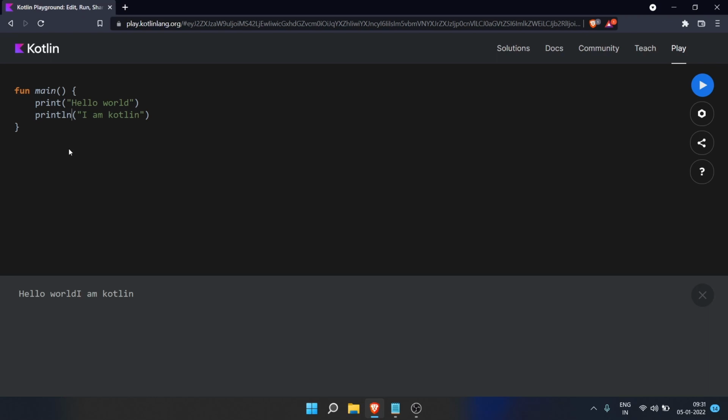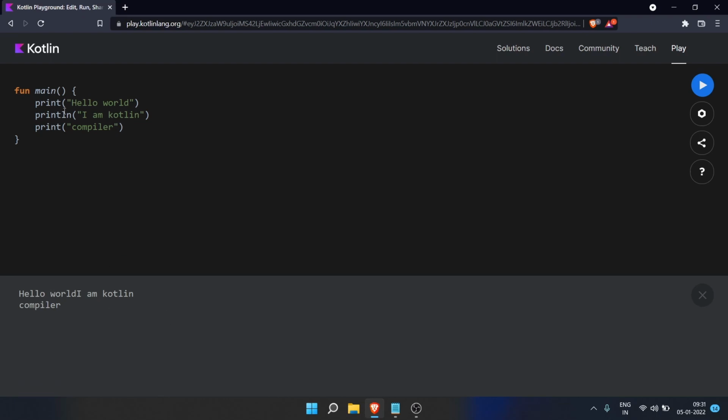So what is the problem? If I write a print statement again after this, I am Kotlin compiler, and if I run this again, here you can see the compiler is printing on a new line.